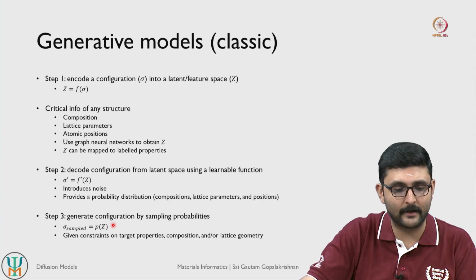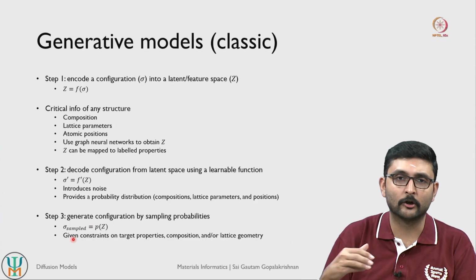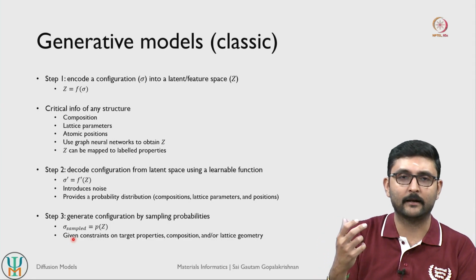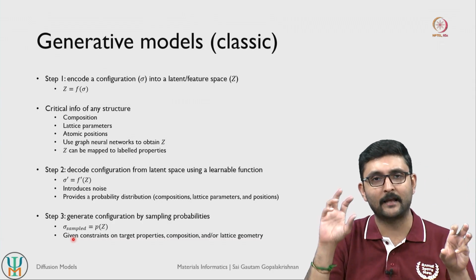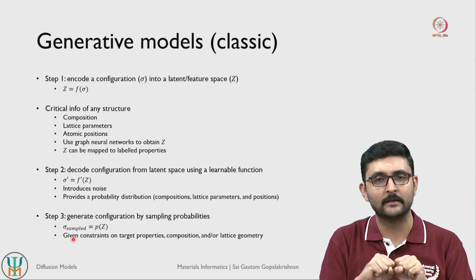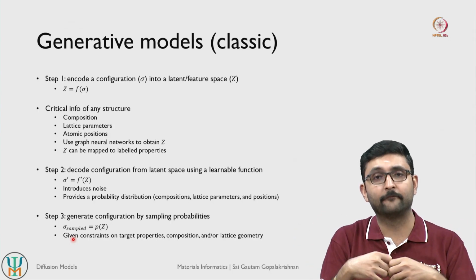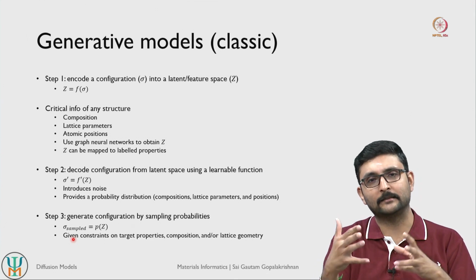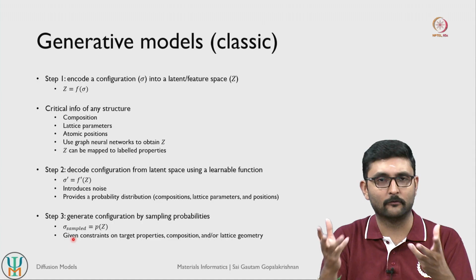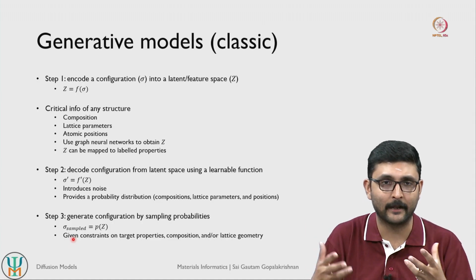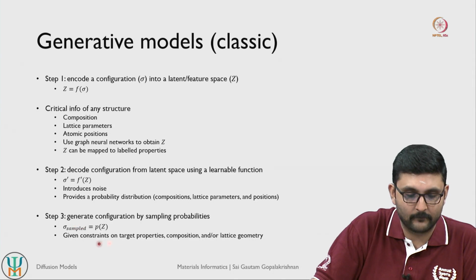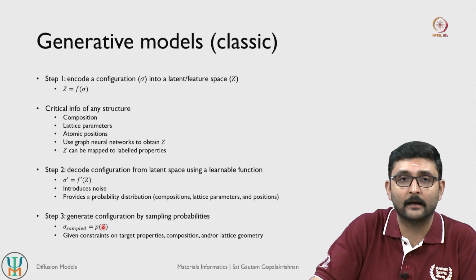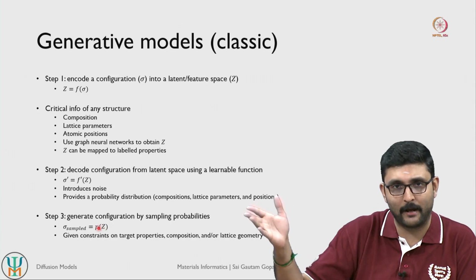So you generate a few sampled configurations. Since generative models sample some kind of probability distribution between your embedding space and your configurations and structures, they will always give rise to a few possible configurations. We will have to have some kind of downstream task to pick out whichever possibility is most suited for our application.